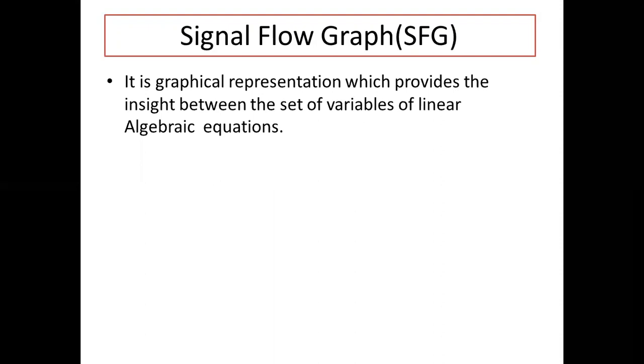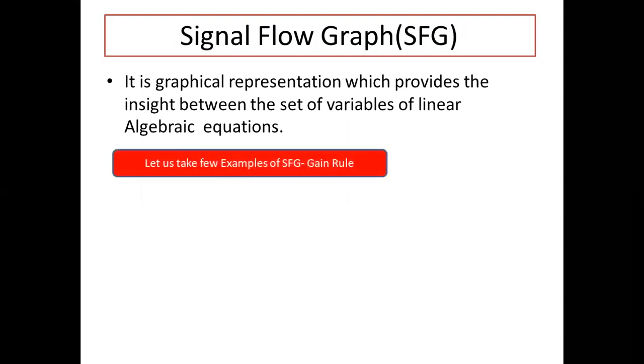ठीक है, सिग्नल फ्लो ग्राफ का कॉन्सेप्ट ये है कि ये एक ग्राफिकल रिप्रेजेंटेशन के फॉर्म में होता है और लीनियर इक्वेशंस के फॉर्म में स्टेट वेरिएबल्स अरेंज होते हैं, जिसमें से आउटपुट इनपुट स्टेट वेरिएबल्स होते हैं और वो आउटपुट इनपुट वेरिएबल्स कुछ फर्दर स्टेट वेरिएबल्स के ऊपर डिपेंडेंट होते हैं। ठीक है, तो वो सेट ऑफ लीनियर अलजेब्रिक इक्वेशंस होंगी और उन अलजेब्रिक इक्वेशंस को कंसीडर करते हुए, उनको क्लब करते हुए हम लोग सिग्नल फ्लो ग्राफ बनाते हैं। ठीक, लेट्स सी, let's take an example and let's see how the gain rule is used when we talk about the signal flow graph.